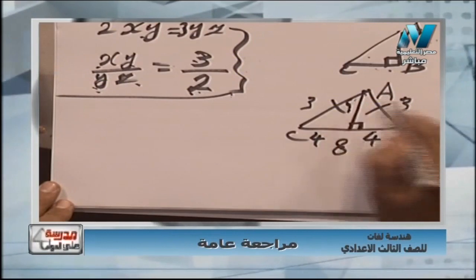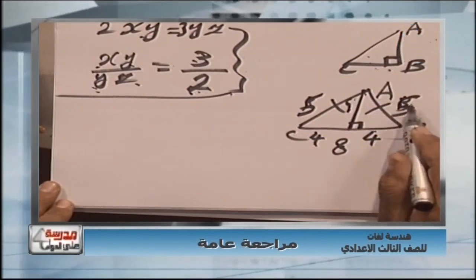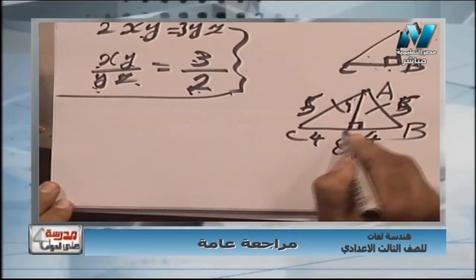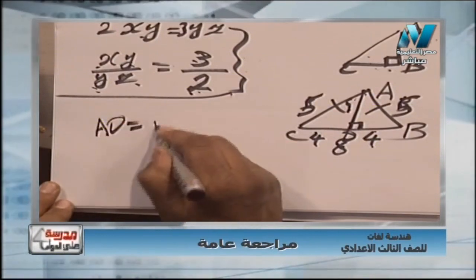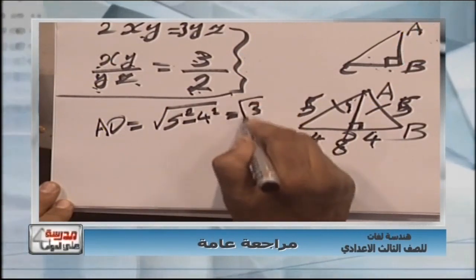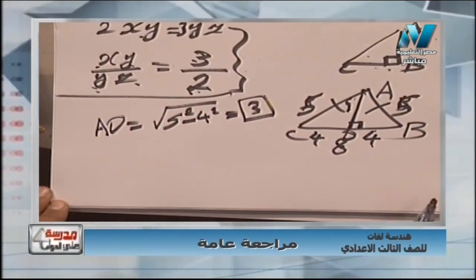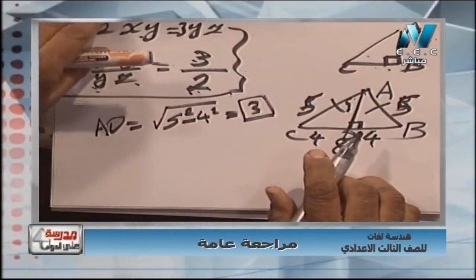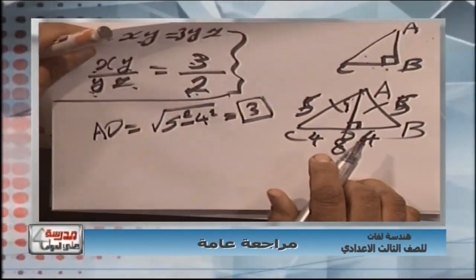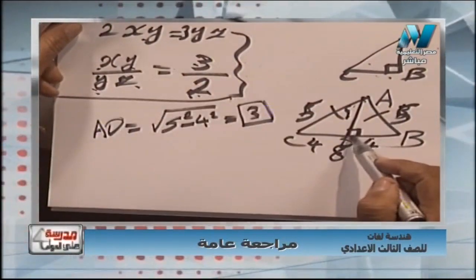The length of the hypotenuse, maybe 5, we make it 5 also, sorry, 5 and 4. Then we can get the height AD. AD equals root of 5 power 2, as Pythagoras theorem, minus 4 power 2, and we get the length of the height of the triangle is 3. Okay. So in an isosceles triangle, we must draw a perpendicular. You can't do your trig ratios if you don't have a right angled triangle. The other common problem is